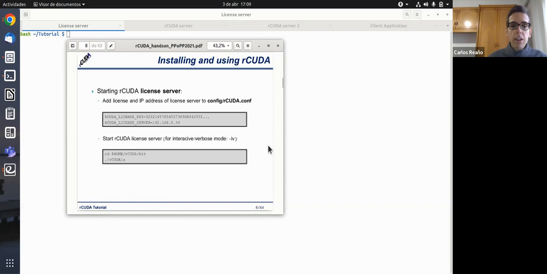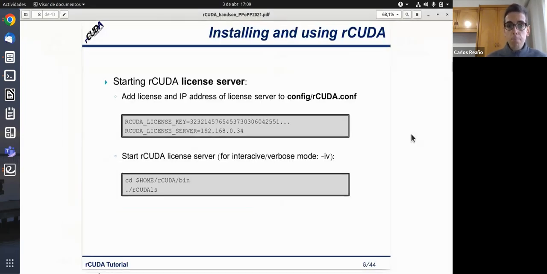So the first thing we need to do is start the license server, which is basically a server with the license we have provided you.